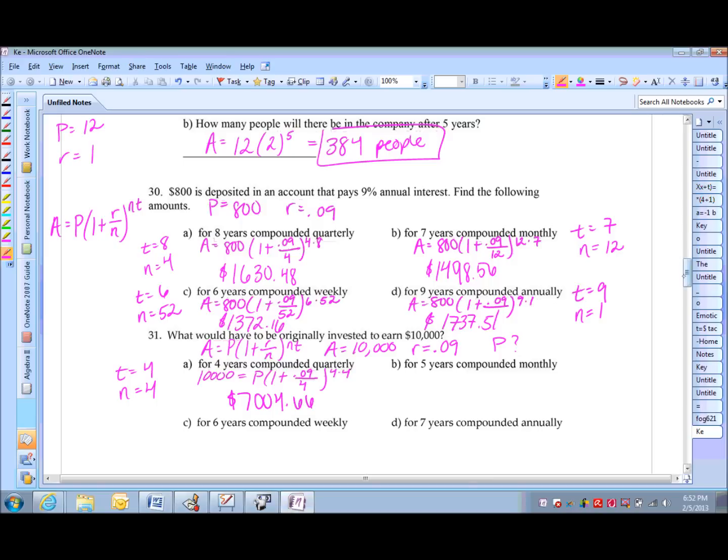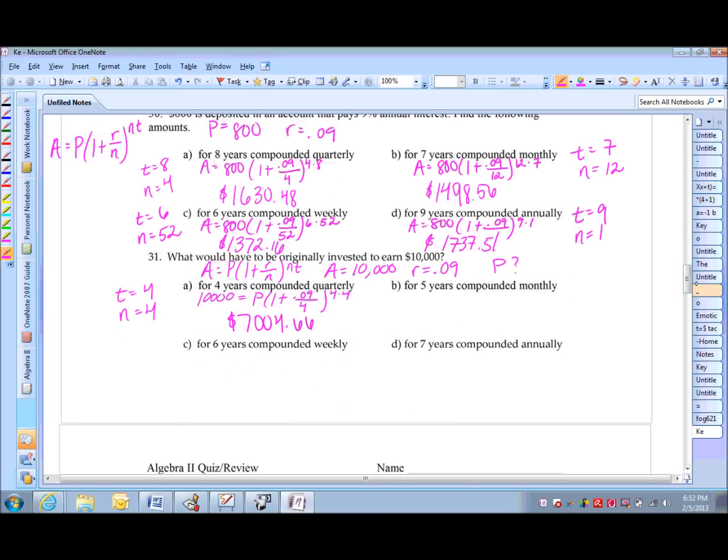Okay, in part B, it says for 5 years compounded monthly. So our T value is 5, and there's 12 months in a year, so it's compounded 12 times, and N is equal to 12. Our formula becomes 10,000 equals P times 1 plus 0.09 over 12 raised to the 5 times 12. When we enter that into our calculator,